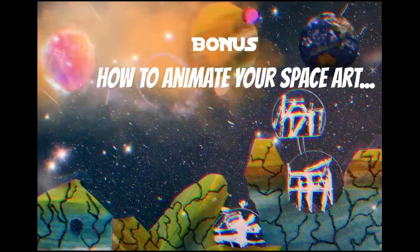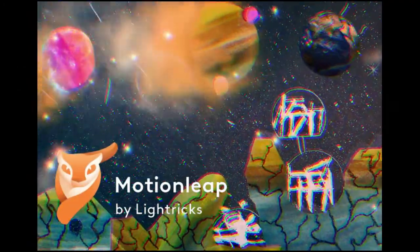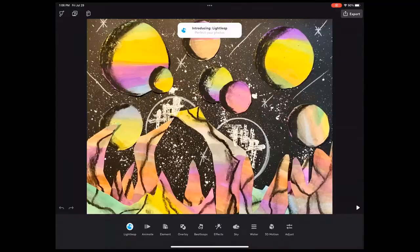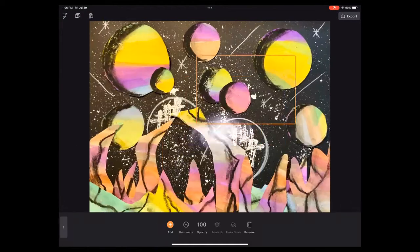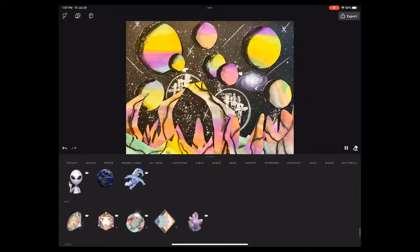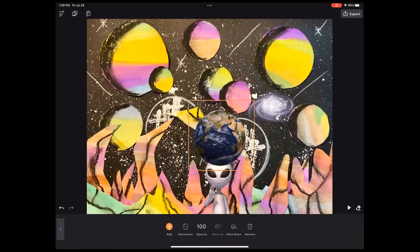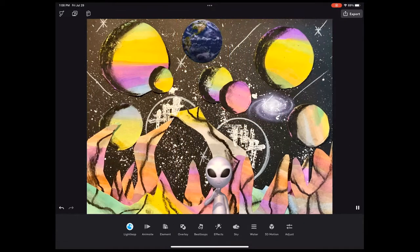How to animate your space art. I'm using the Motion Leap app by Lightricks. I move my space art into my photo gallery, and from there I select it. I'm going to add a few elements into the scene. There's a galaxy and an alien. I can resize the alien, and I'm going to put a planet Earth on top of one of the planets,